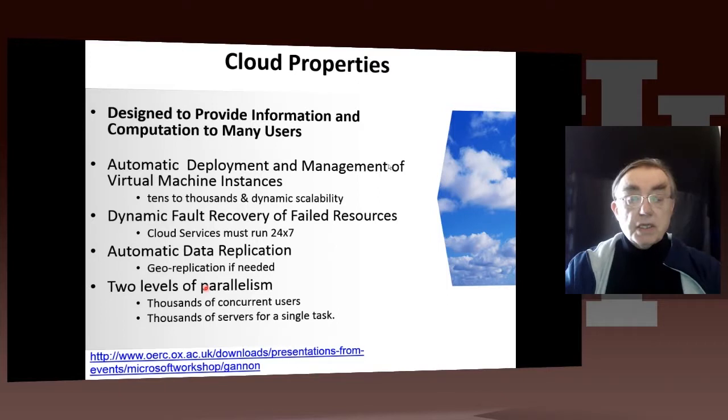Here we're focusing on the slide from Microsoft on the properties of clouds. They're designed to provide information and computation to many users. We obviously, again, have the automatic deployment and management of virtual machine instances. This has to scale. We have up to maybe 1 million servers in one place, so that's quite a lot of scaling. And also you can scale across data centers. But an individual application is going to be using a smaller number of such nodes or such cores or such